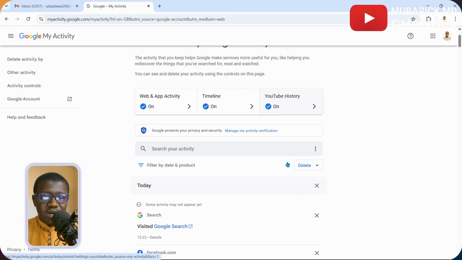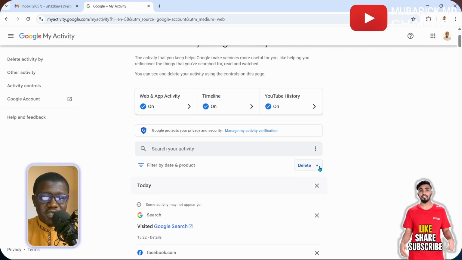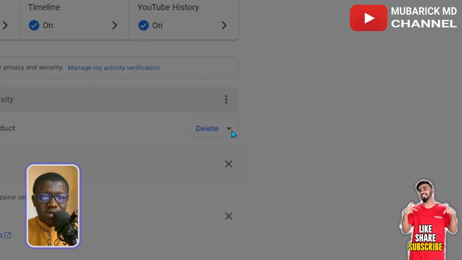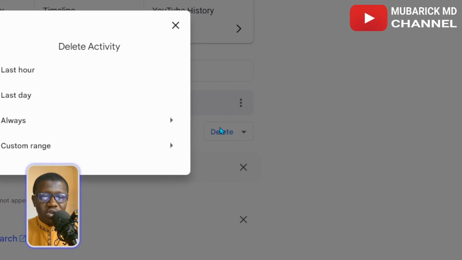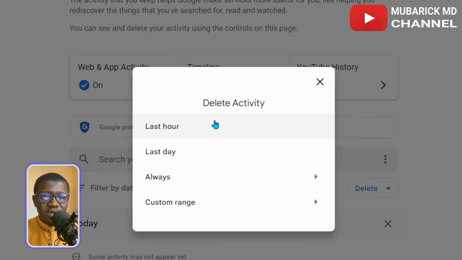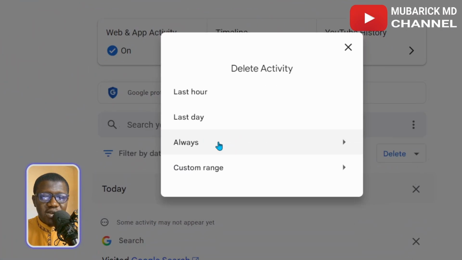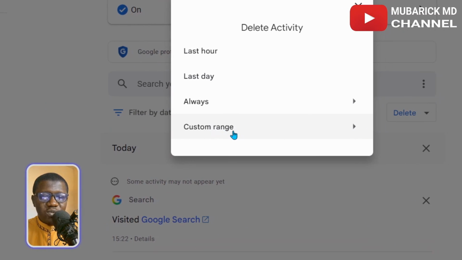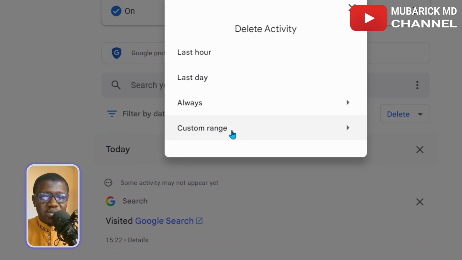So when you scroll down a bit, you have this Delete option. When we tap on this arrow icon, a pop-up menu will appear, asking whether we want to delete our search activity for the last hour, for the last day, or always, or if we want to delete it within a custom range. Whichever option best suits you, you can proceed to select it, and your Google search history will